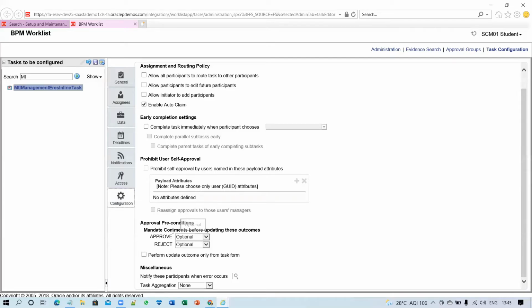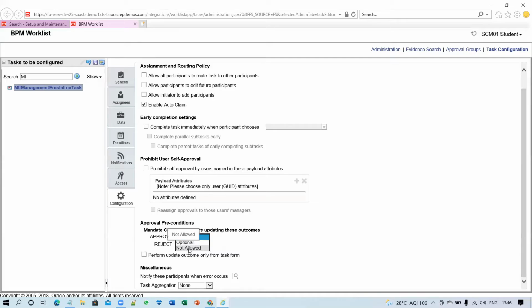So if the business wants whoever is supposed to do the approval task to enter a comment, and you enable this required, then whoever is supposed to perform the approval needs to enter the comment. If the user does not enter the comment, then the user is still able to approve the records.